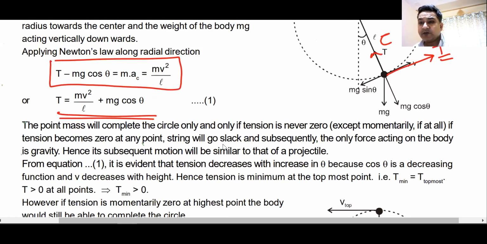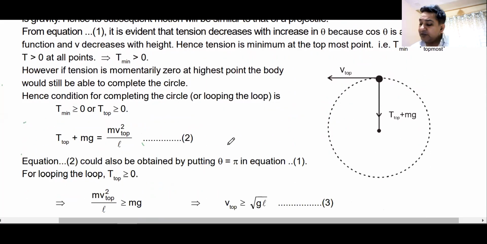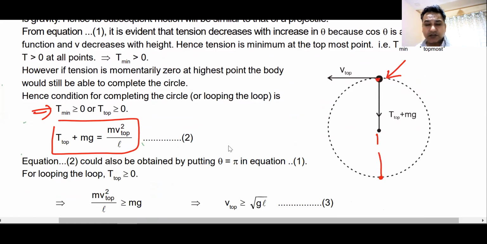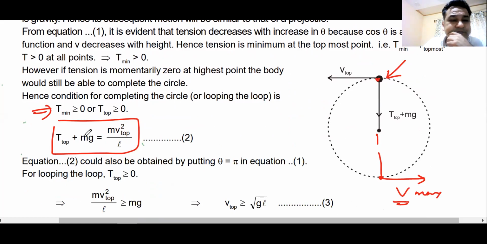If you want to find the value of tension, you can make the equation along the center, put the values of v square by r, put the value of weight, and you will get your answer for tension. Do we remember this question? At which point is the tension minimum? Tension is minimum at the top of the circle, and tension is maximum at the bottom of the circle, as v is also maximum there. At the top of the circle, tension is minimum, v is also minimum. Do we understand this?